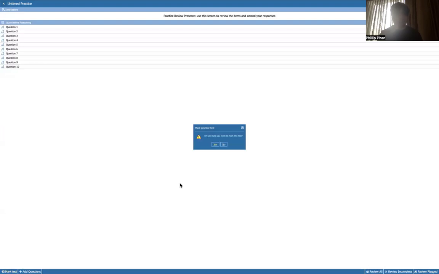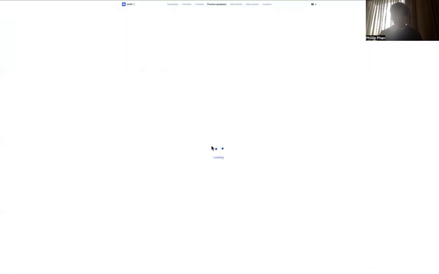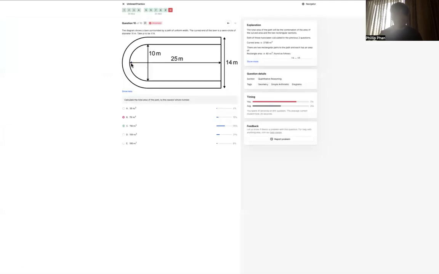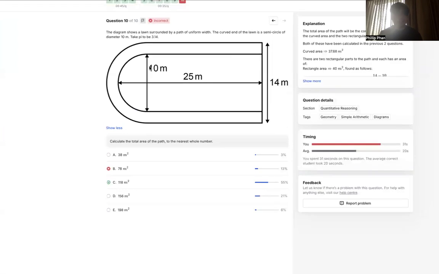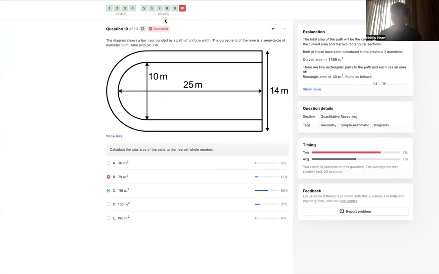So let's mark and see how we did. Hopefully we got them all right. We should have. Oh no, we got one wrong. That's not good. Let's have a look and see. The total area of the path, to the nearest whole number. So what did I calculate this one as? This one was